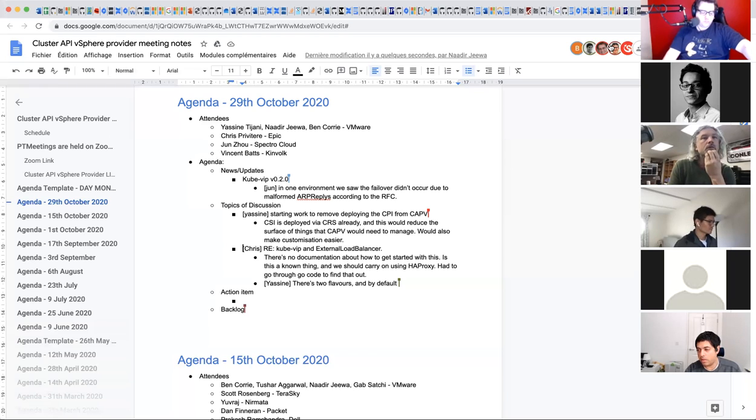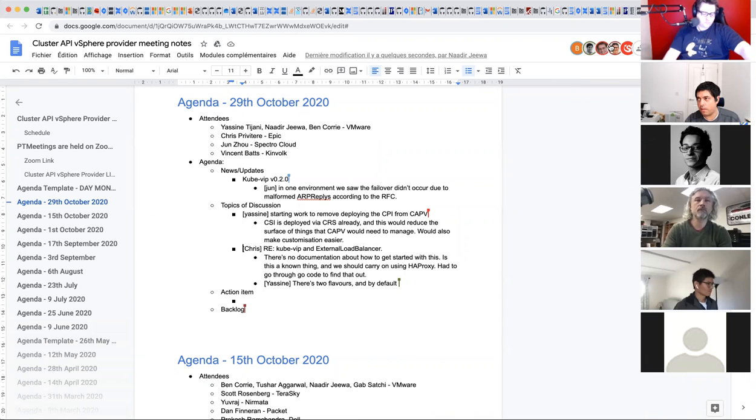The other flavor, which is the external load balancer, is a flavor that enables users that have some specific controller they wrote against CAPV to work. Basically, you deploy a normal CAPV cluster, but nothing is going to happen until your custom controller kicks in, lists the machines, and creates the load balancer for you. So this is just an escape hatch for anyone writing integration against CAPV.